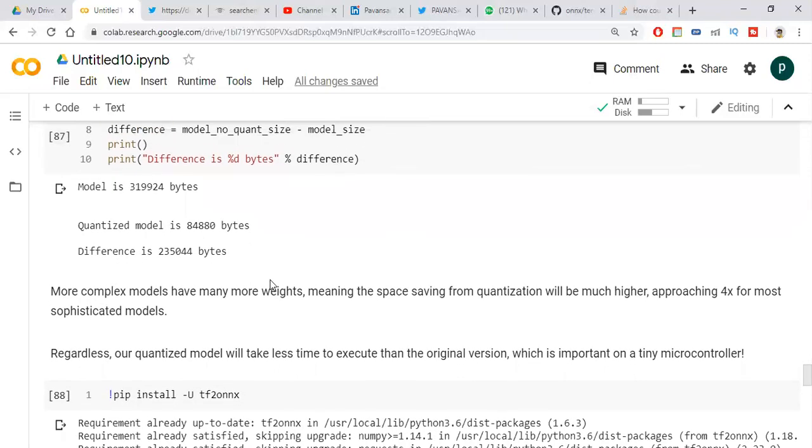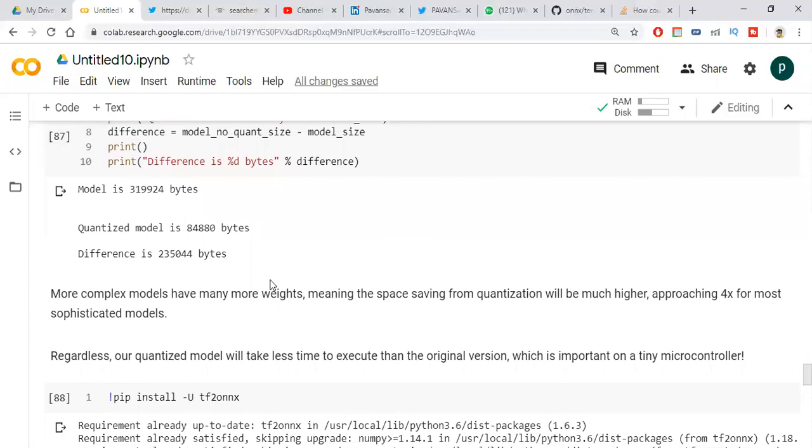After quantization, if you want to deploy these models onto your edge devices, NVIDIA is one company, and if you want to deploy your models onto ARM processors, they have their own standard formats. So we need to convert our TensorFlow models into that company's standard format. This is a problem because each company follows its own format.